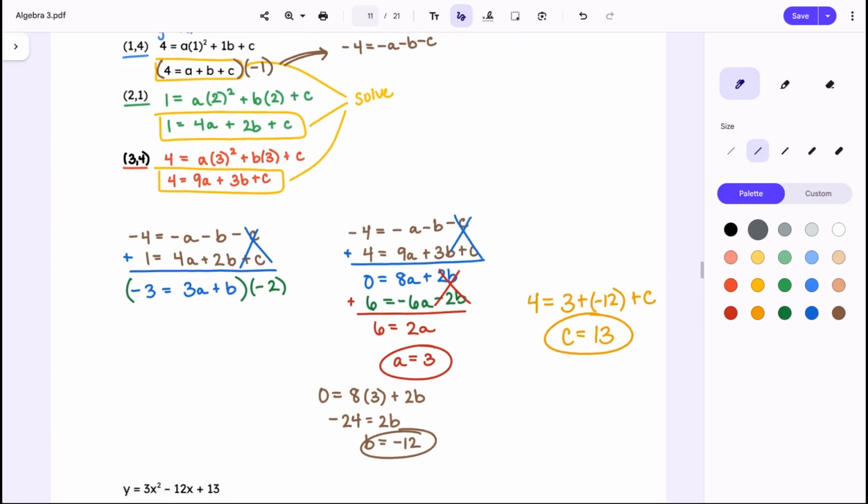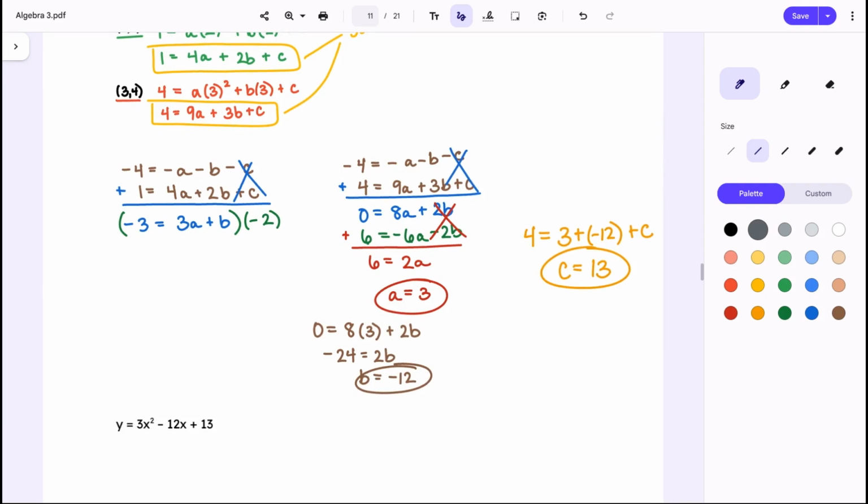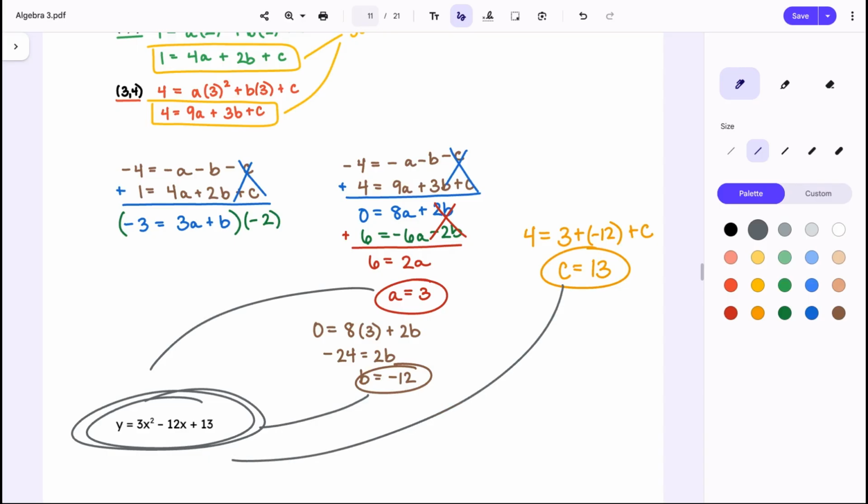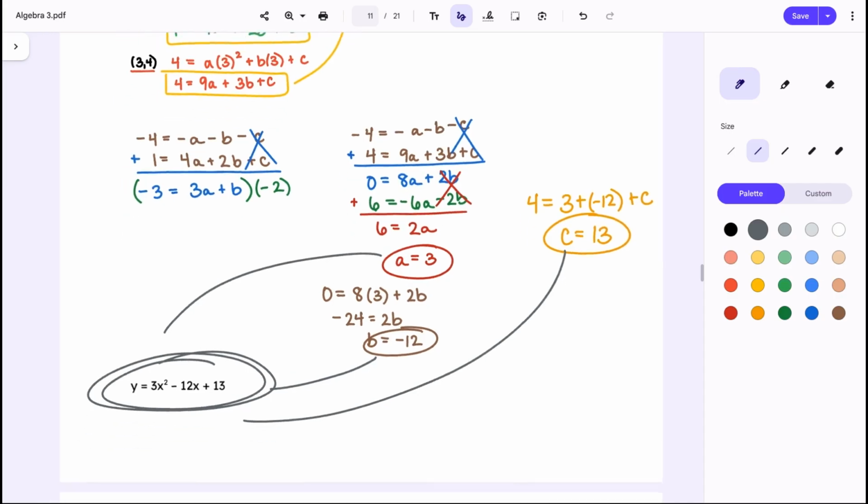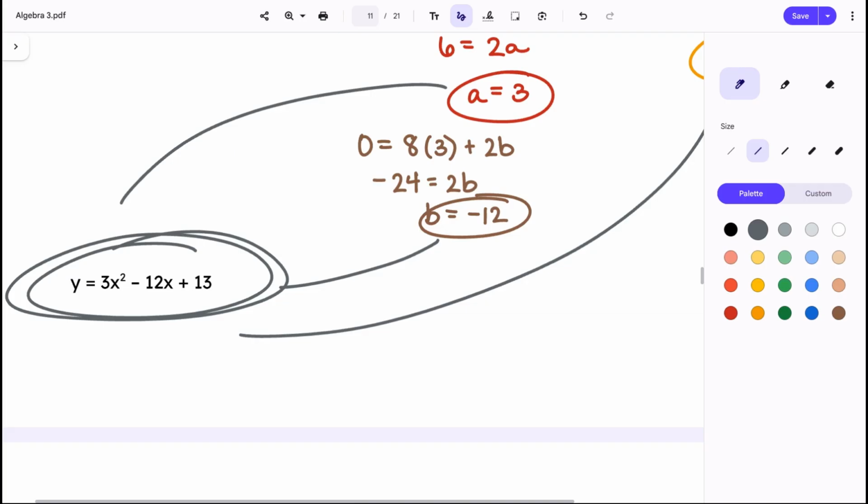y equals, then you put the 3 in for the a, so 3x squared. The negative 12 goes in for b, so minus 12x plus 13. That's what they have written down here at the very bottom of your page. That's where the a, the b, and the c all go, they get put in for those a, b, and c that we had on that equation. Again, we're thinking about this form again. So instead of finding an ordered triple that would satisfy the system of equations, we're looking for the equation that